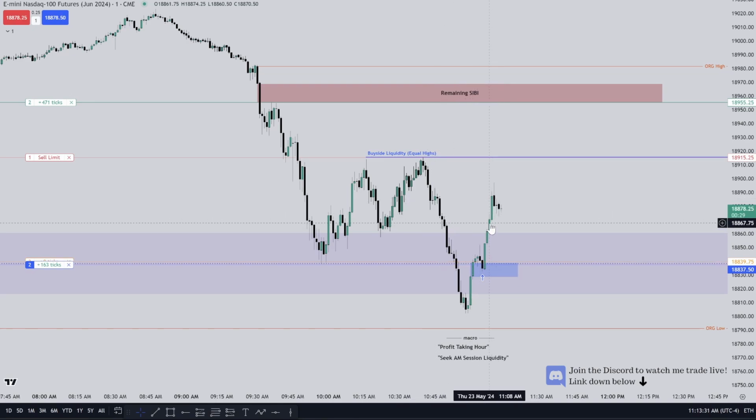We do have inefficiencies down here and here. This fair value gap, the slowest one, I prefer to see that stay open, treating that kind of like a breakaway gap. But I'm allowing price to revisit these down here, preferably, best case scenario, this balanced price range up here. I would like to see that send price higher.